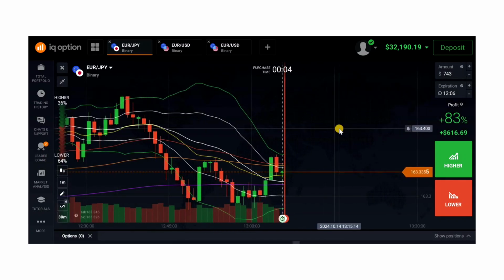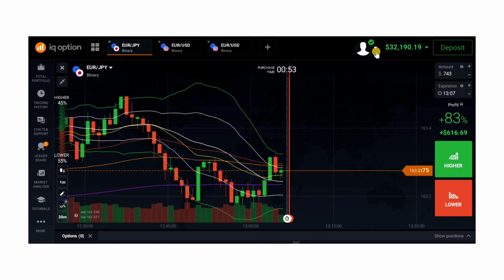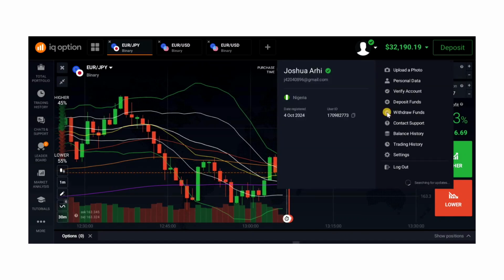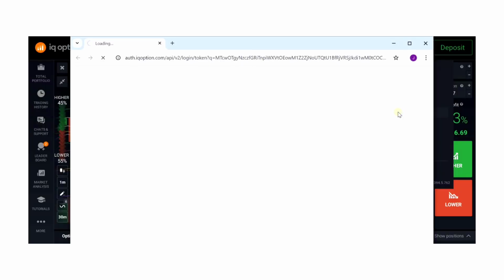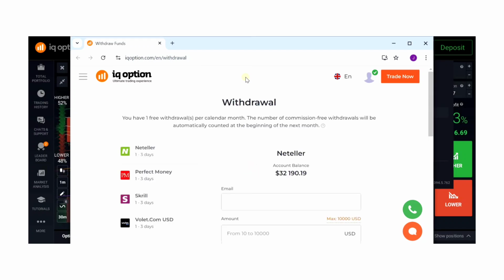So I've been getting, let's say, some inquiries about IQ Option, if they are legit or not. So right now I am going to make a withdrawal, so that you can see. I'm going to take away the 2000 that I had made. So you see it for yourself. Okay, now it's taking me to the page where I have to make my withdrawal, so that you believe what I'm saying, and so you know that the platform IQ Option is a legit broker. And so let's wait for it to load a bit.